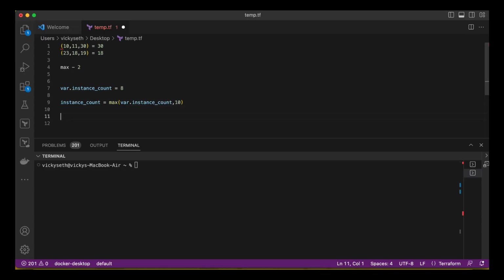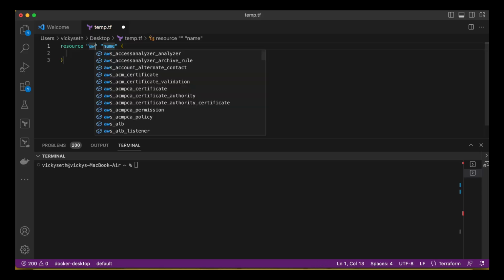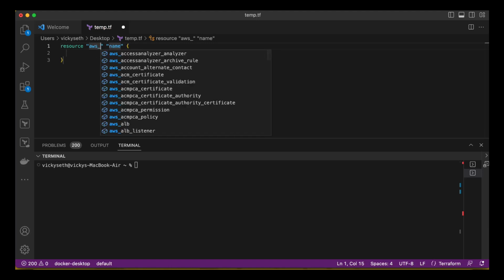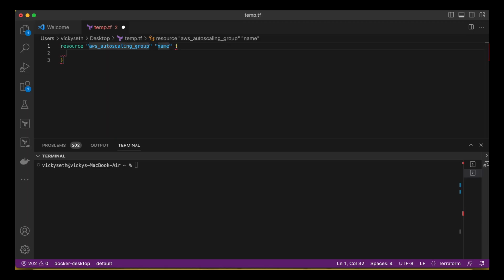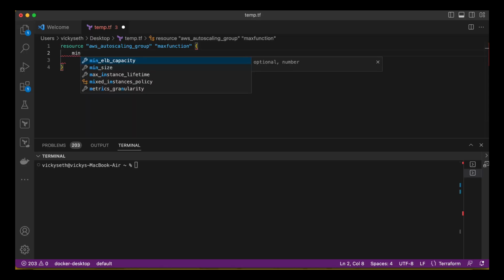Let me give you the actual resource so that you can understand. Let's suppose I have a resource. Let me delete this one. I have a resource AWS. Let me look for the auto scaling. Auto scaling group. Here it is. We can give any logical name here like max function. So here I can give min size is equal to 2,